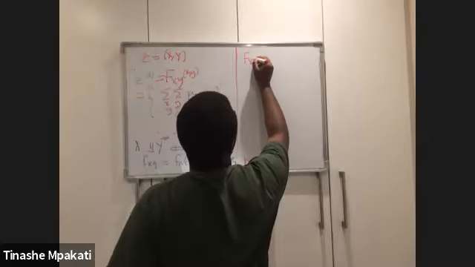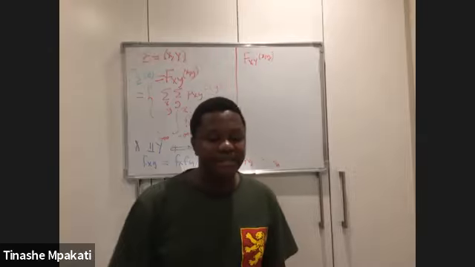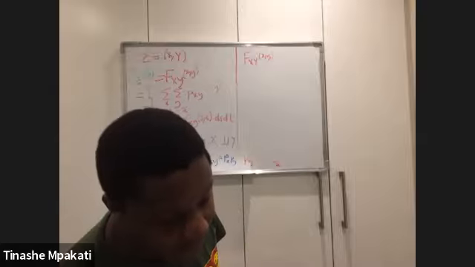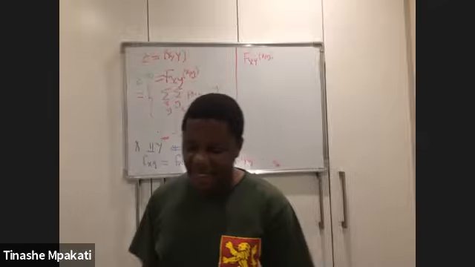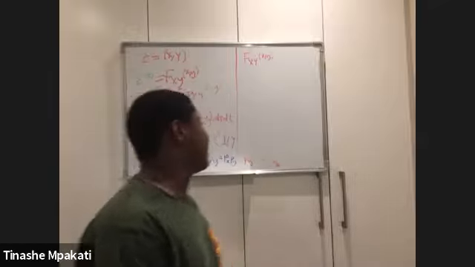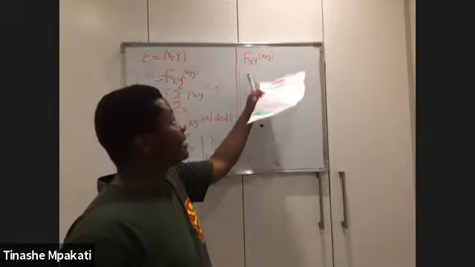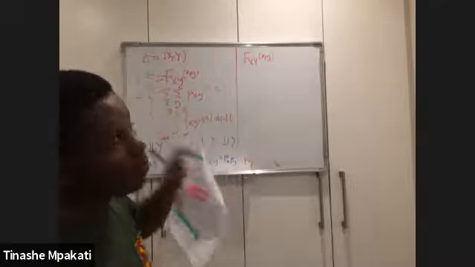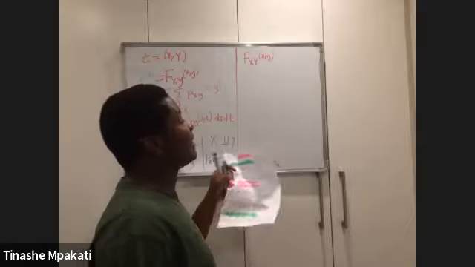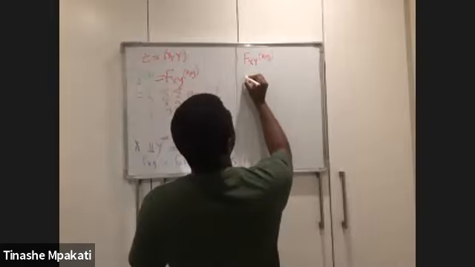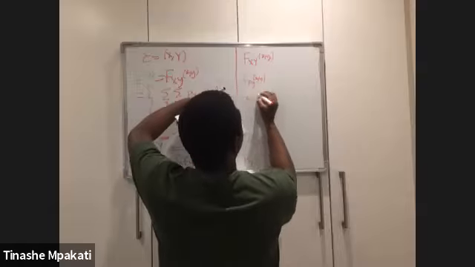If you have the joint CDF of your X and Y like this, right? The same way if you had the CDF of X, if you wanted the PDF of X, you could just do that by finding the first derivative of your CDF. Even in this case as well, if you've got your CDF of X and Y, if you want the PDF of your X and Y, you can simply just find this by taking, this is how you do it. If you want the joint PDF of X and Y, right, you can find this by taking the derivative.